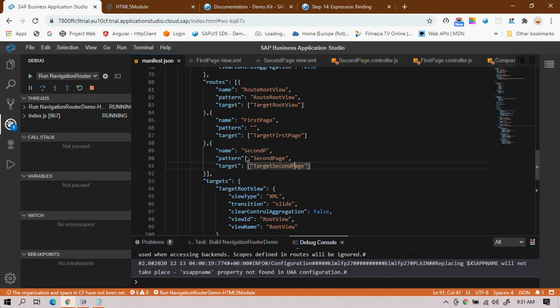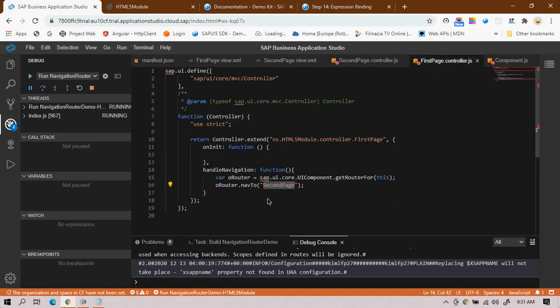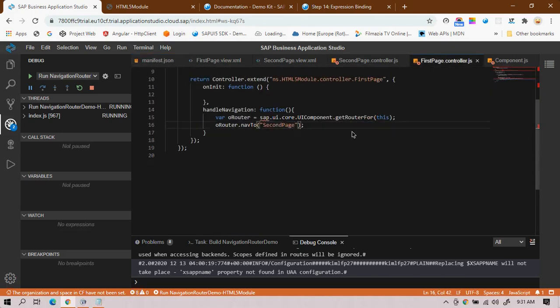Okay, so what I've done is I've changed the name property, and this name is very important. If you are not passing this name value, and if you are passing a different value rather than this name, then it will not work. Suppose I've given the name as second p, and in the controller I'm trying to pass the parameter as second page.